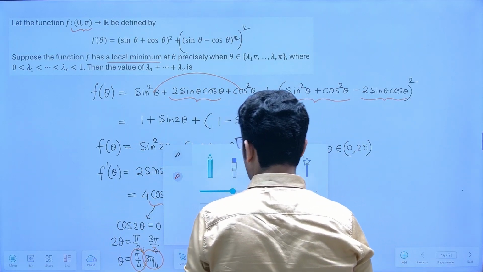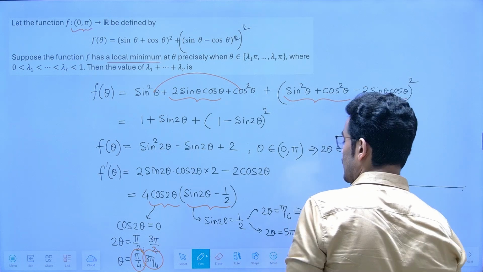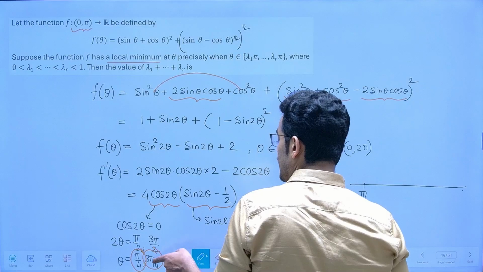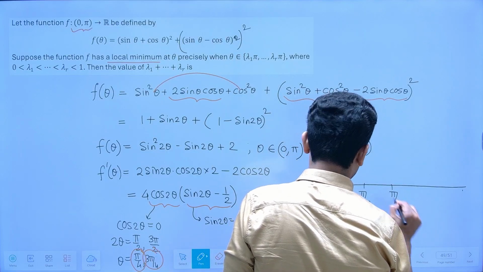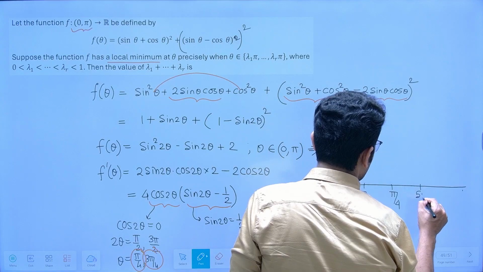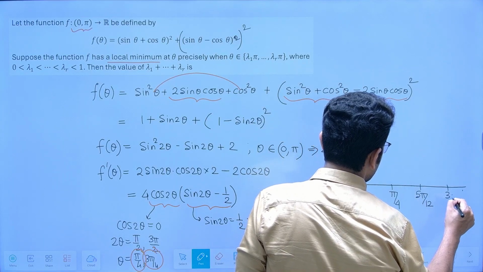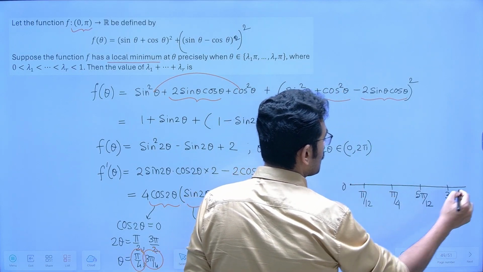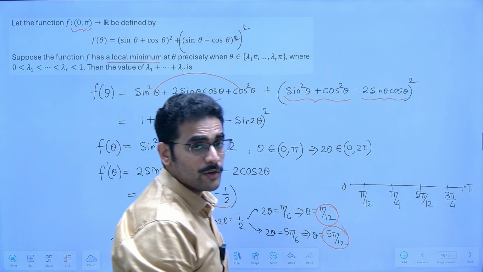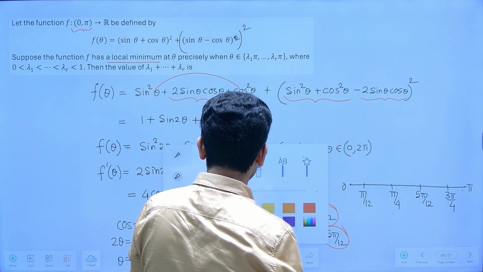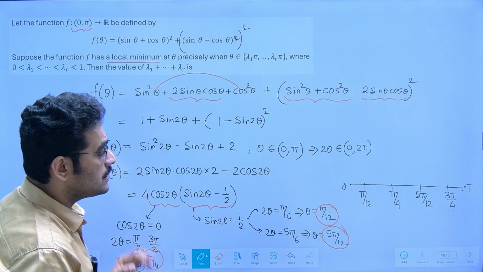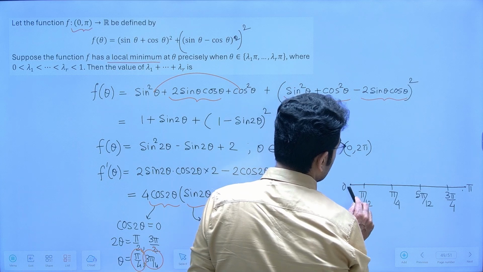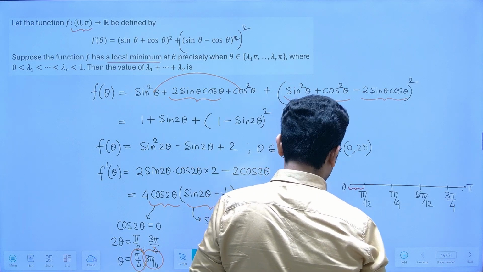So if I draw the wavy curve, these are the points where the sign is going to change. That is pi by 12, next is pi by 4, next is 5 pi by 12 and finally 3 pi by 4. These are the values of theta between 0 to pi where the sign is going to change, right? So we need to check the sign of the derivative at the intervals created by these values. So if you start the wavy curve from here, 0 to pi by 12,